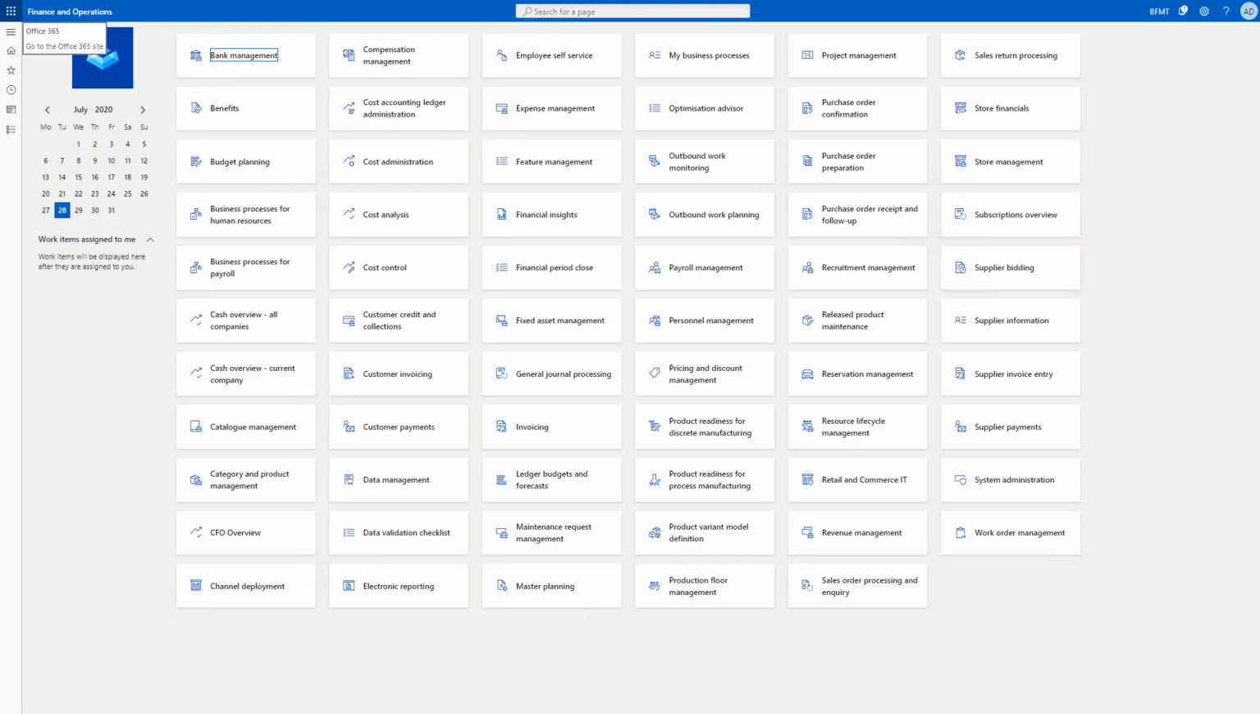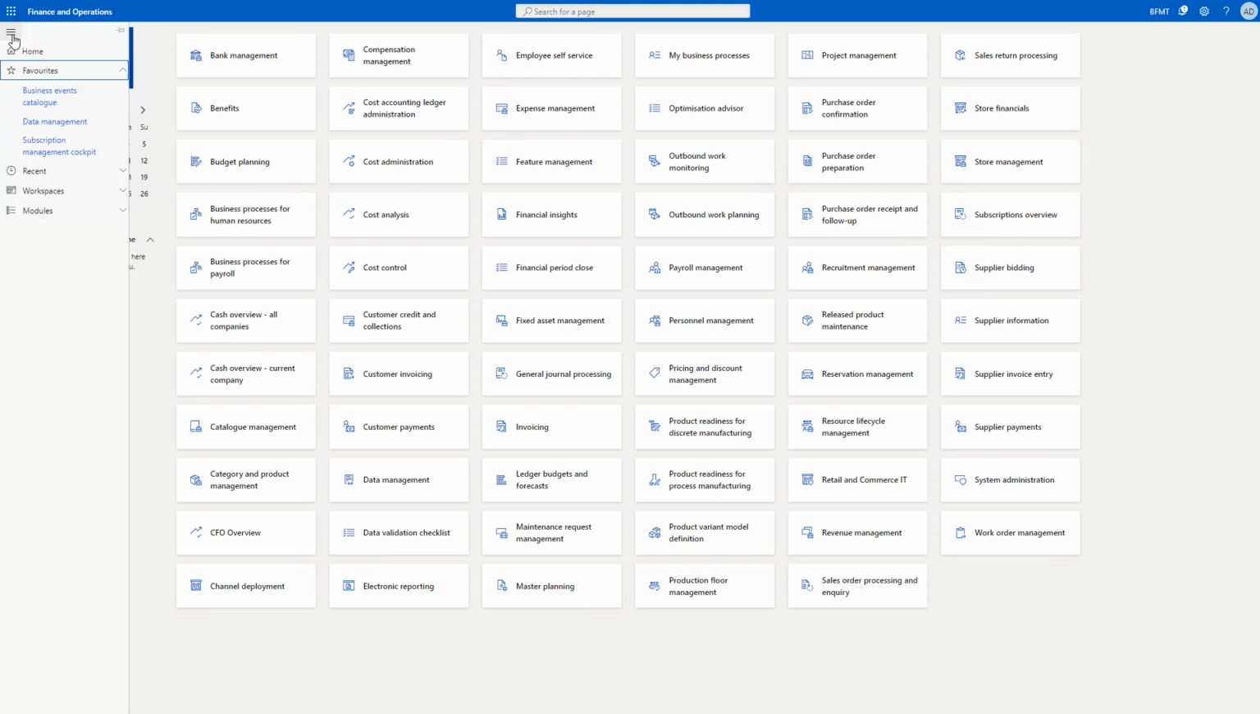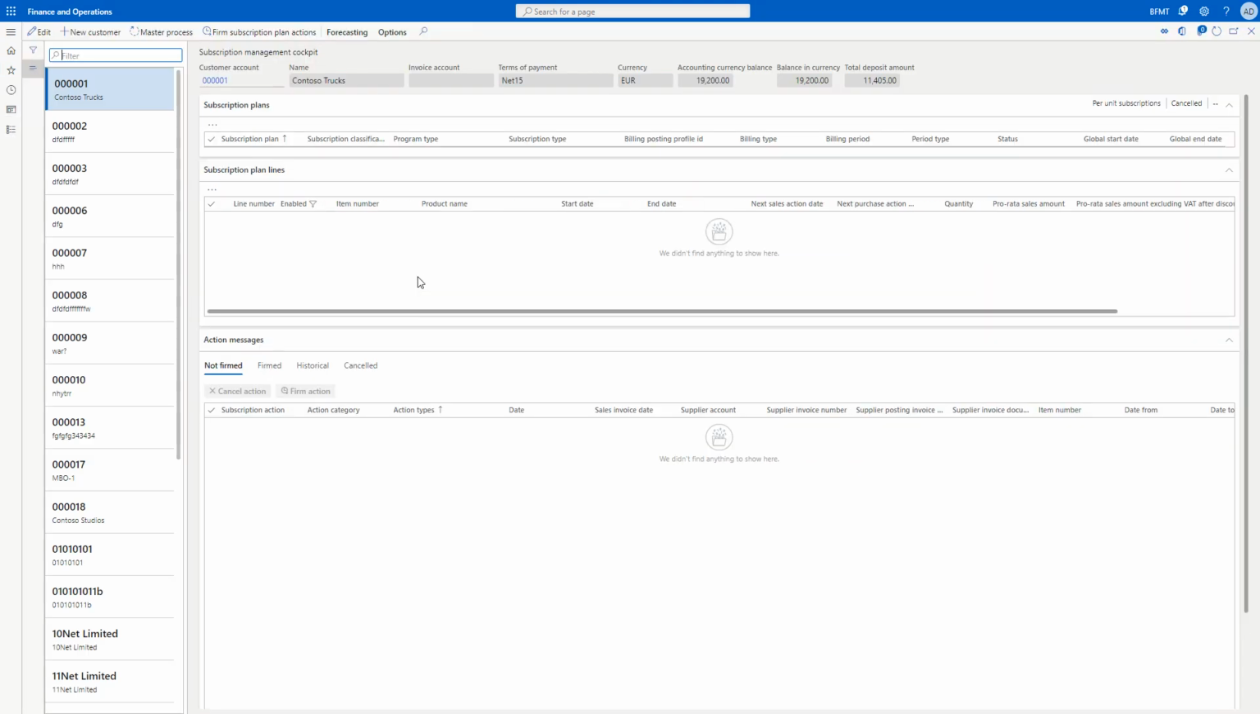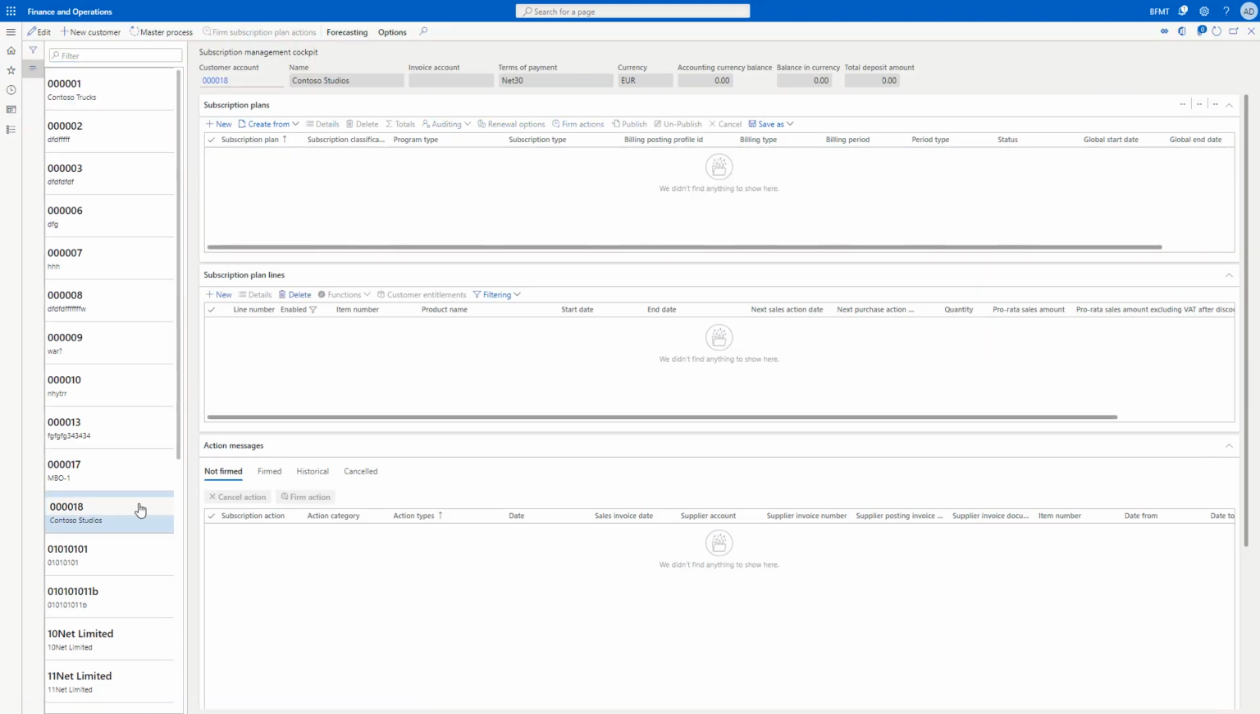Welcome to this lesson. In this lesson I will explain how the license and subscription app integrates with standard Dynamics accrual schemes. I will proceed to browse to the subscription management cockpit. I will find the customer I'll be using, Contoso Studios. I click new,